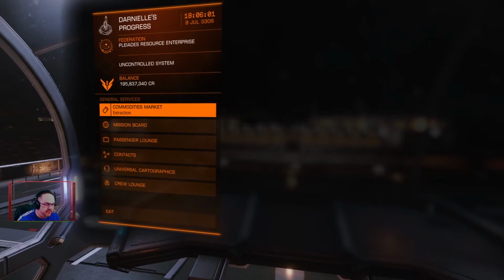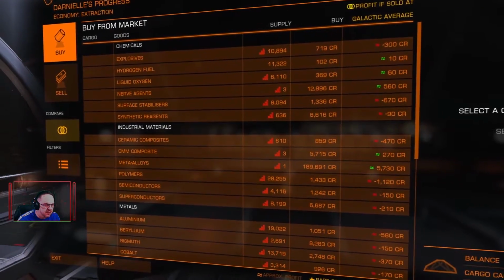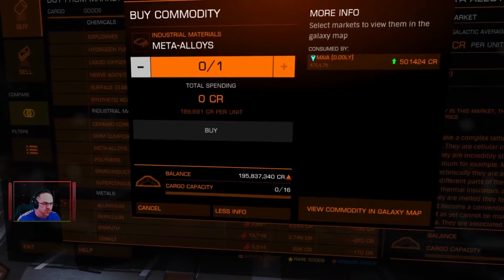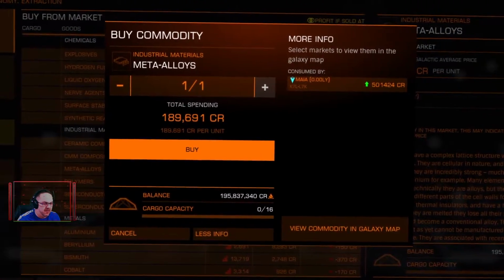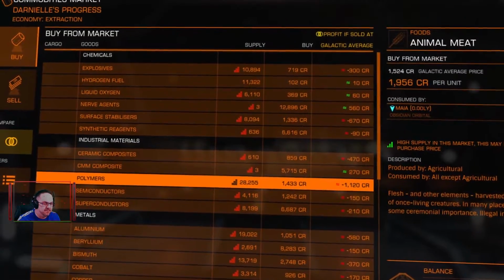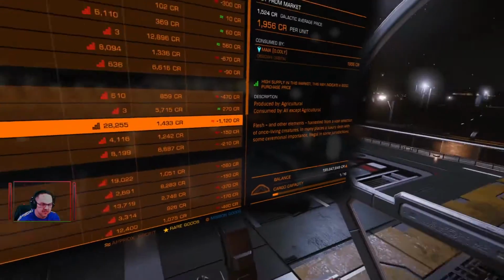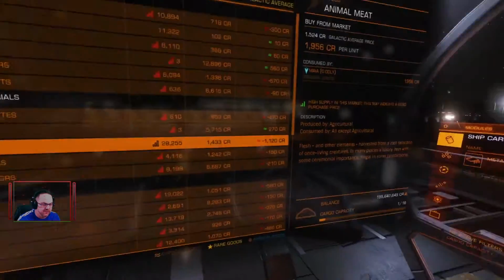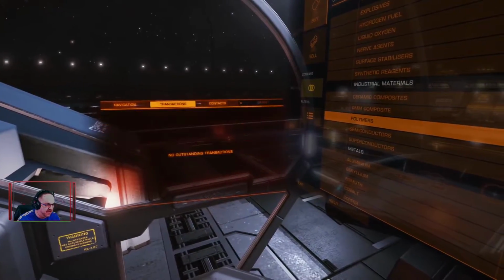Commodities market, I'm guessing. And we want to buy metal alloy 1. Yes, they've got one. Buy it, 189k. Got it. That's brilliant. Metal alloy, there it is. So now all I need to do is head back